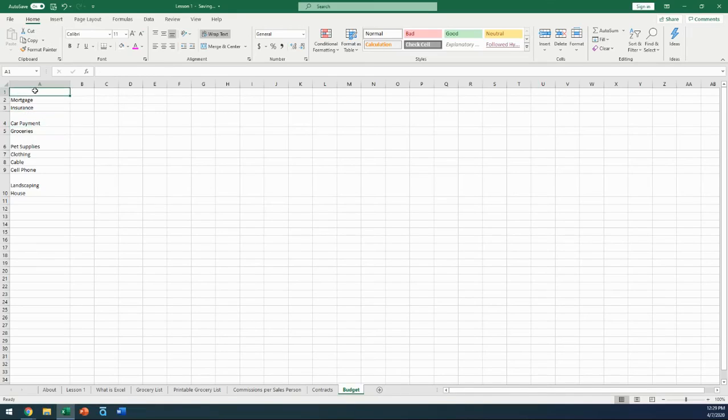Now here we're going to give it a header. So I'm just going to call it item. And then here I'm going to put in the months of the year. So January 2020, February 2020. Now the cool part about Excel is that if I highlight January and February, and I use my mouse